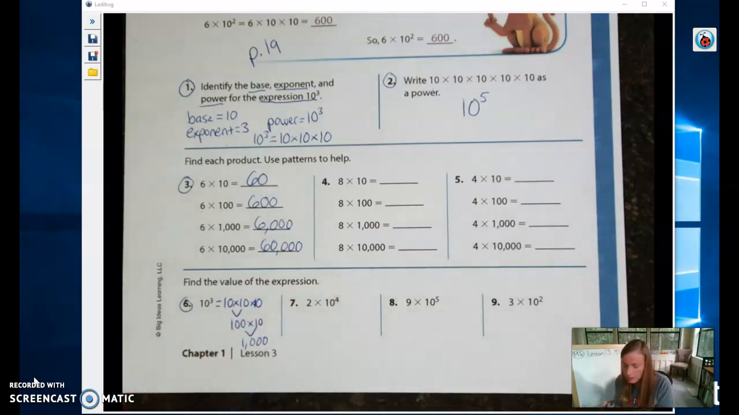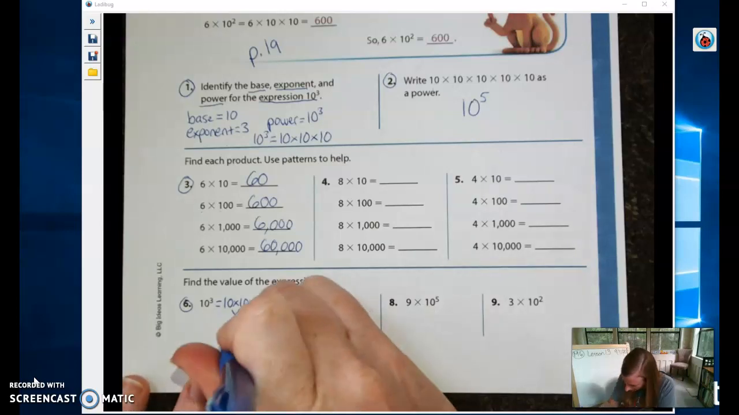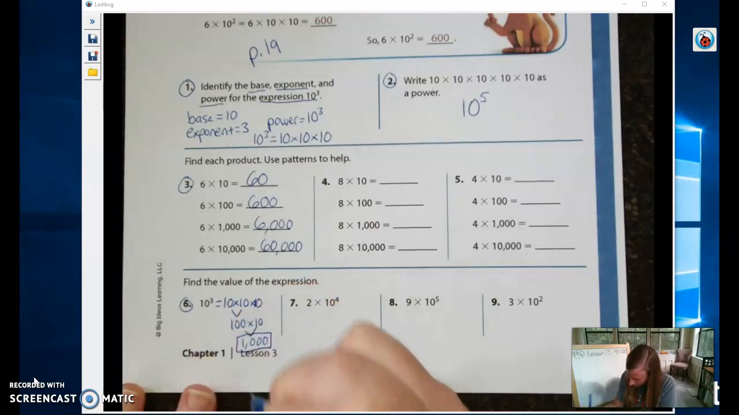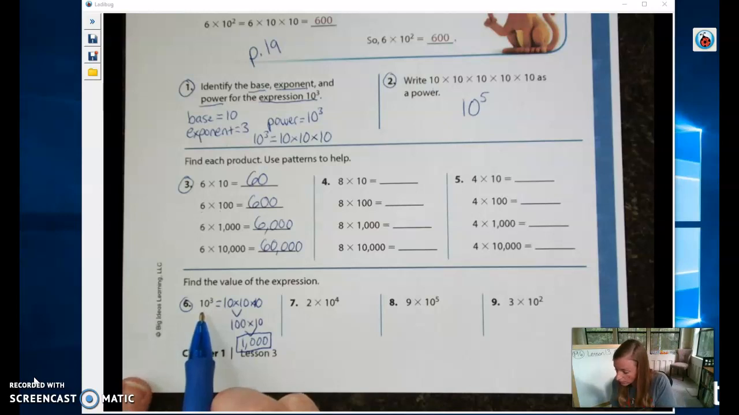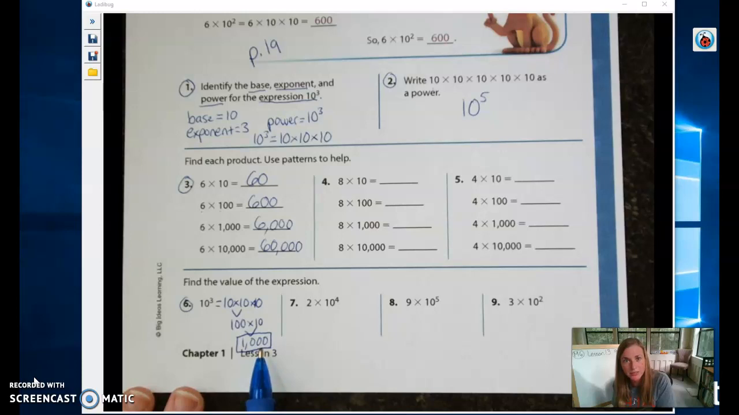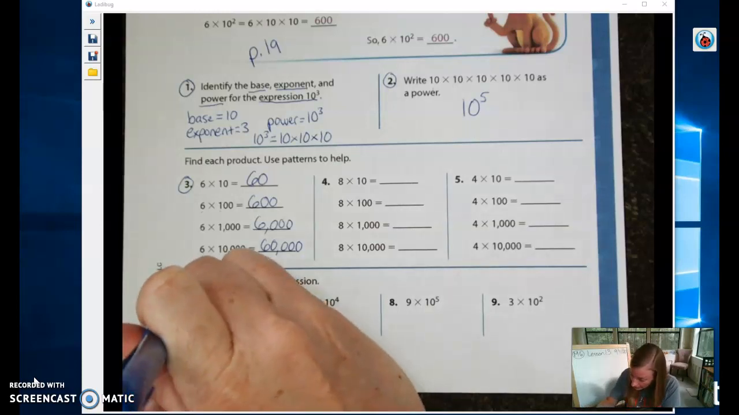Now, I'm going to show you a trick. Okay, so 10 to the power of 3 is 1,000. This only works when the base is 10. Okay? So, look at the number 1,000. How many zeros does it have? That's right, it has 3 zeros. Check out what the exponent is. The exponent is 3, so when the base is 10,